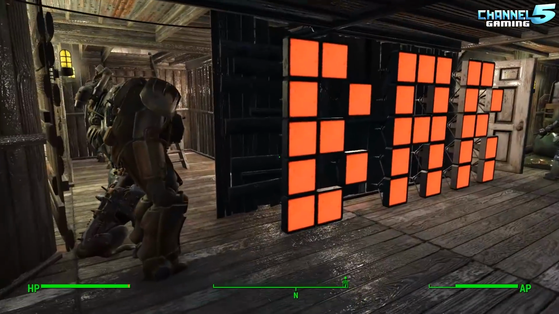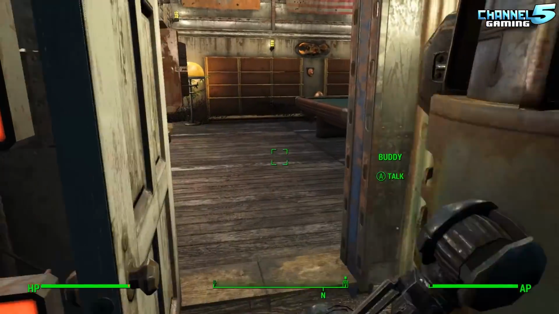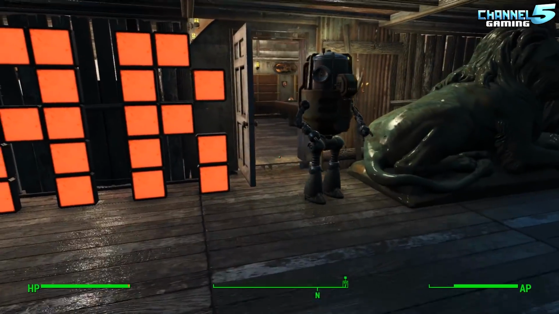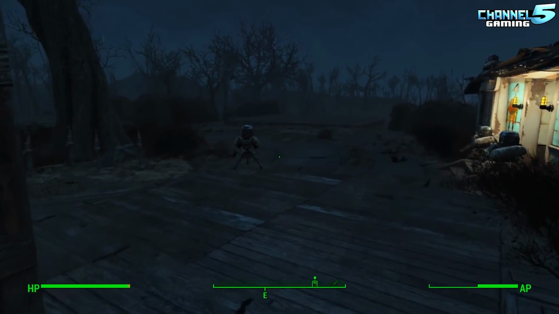Okay. Visually, everything is here. We still have power armor from the previous base. I need a mod that says, "Get out of my way." I think I had that before. It might have been the mod that I did use. That's annoying. Alright, we're gonna have to go around